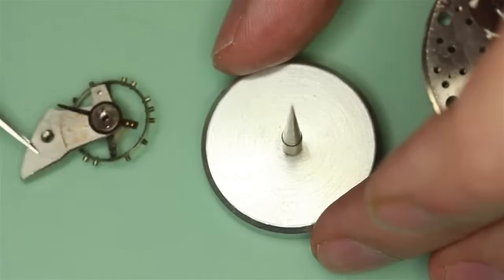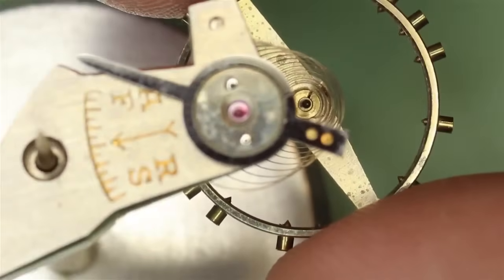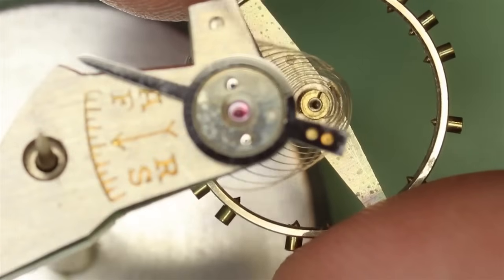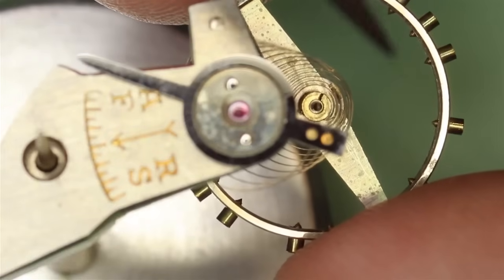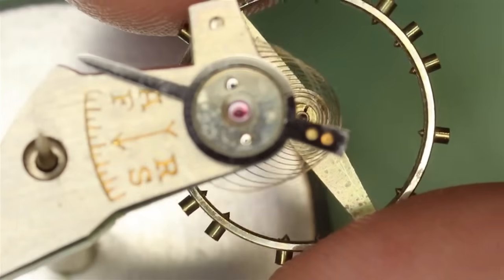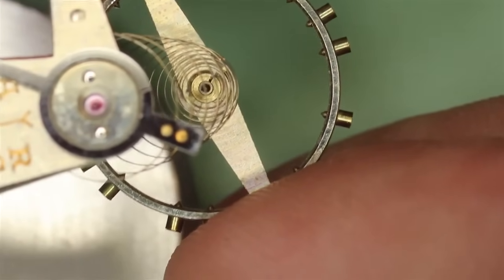And so if I just place the cock onto the balance tack, and that will allow me to manipulate the collet of the hairspring. And what we want to do is turn it very, very slightly in the opposite direction to the misalignment. So the impulse jewel was slightly to the right of the banking pins. So I want to turn the collet anti-clockwise, and that will effectively move the impulse jewel over to the left, or in the opposite direction,